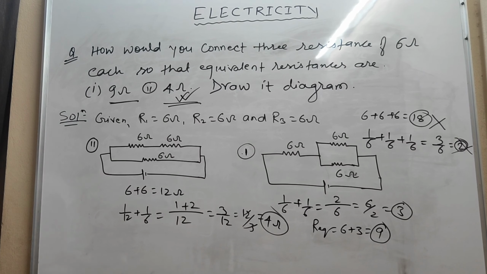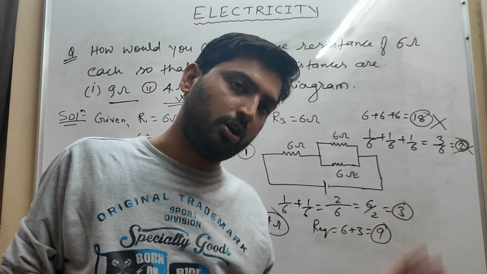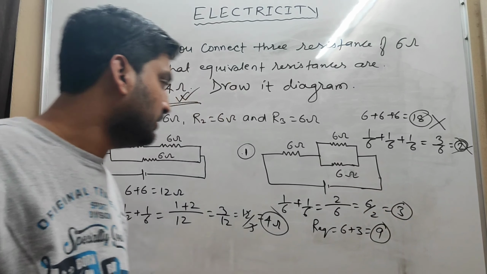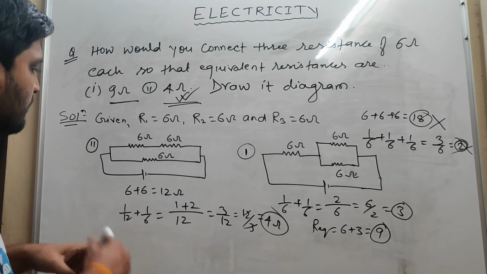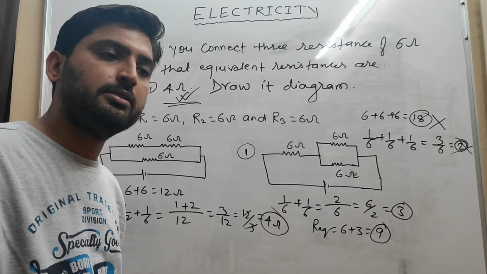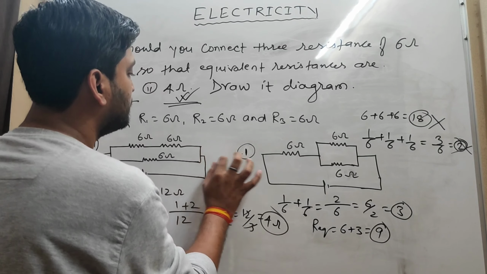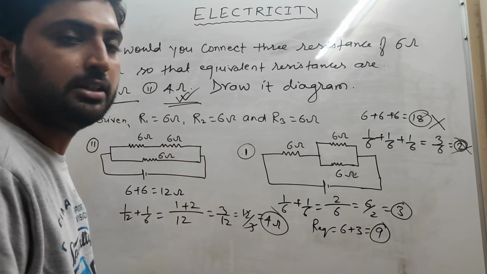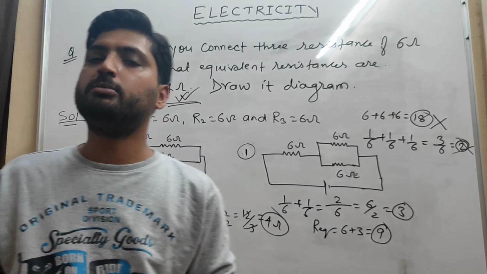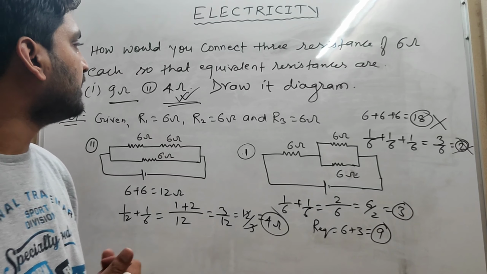So in this type of question, we have only 4 options: all series, all parallel, 1 series 2 parallel, 2 series 1 parallel. You will check first if connecting all in parallel gives your answer, no, then all in series, no, then surely there will be only these two options, as I got 9 ohm and 4 ohm resistance. Okay, this is the method to solve this type of problems, and this is a very important problem. They can ask you in your board's paper also.